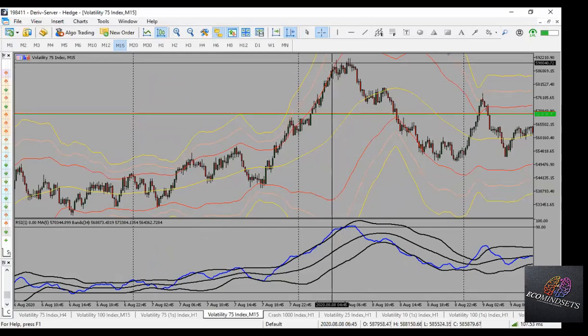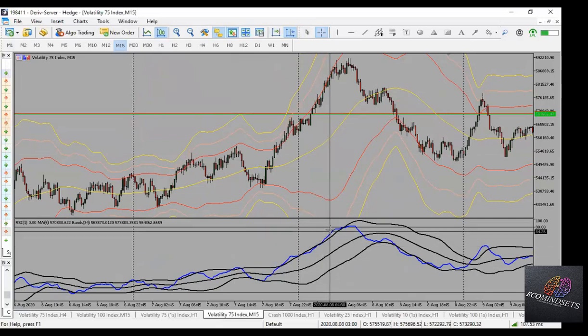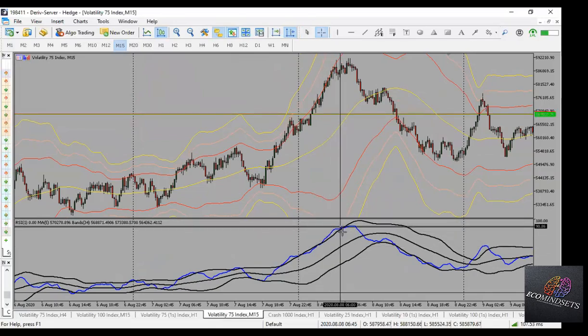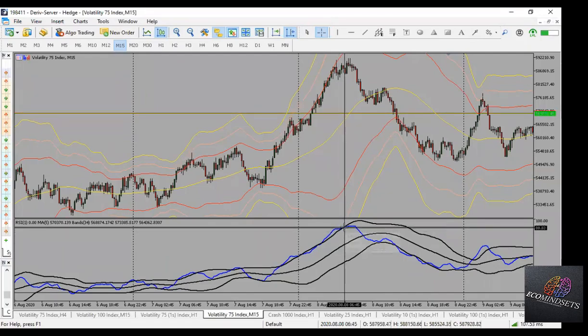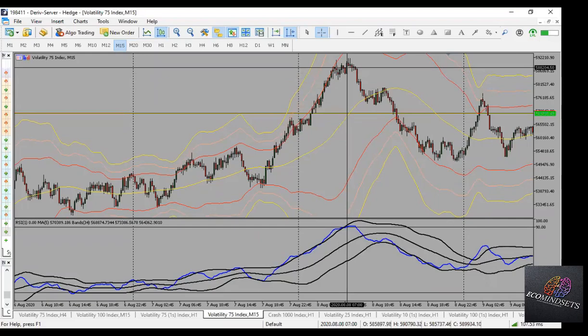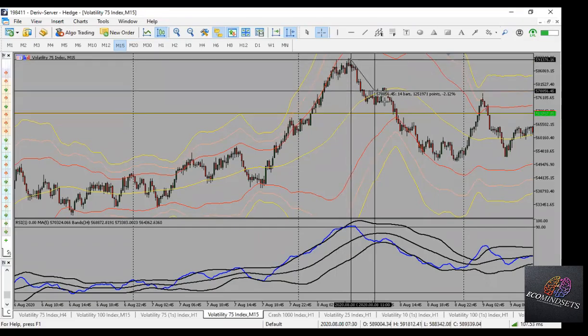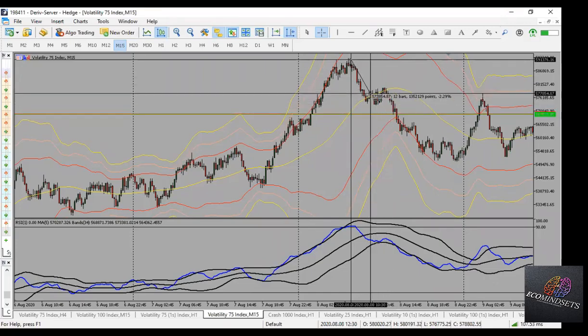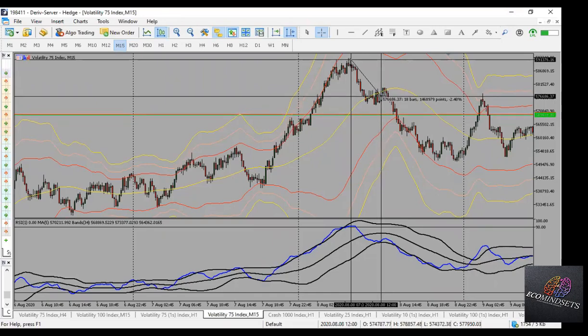As you can see, there was a rejection on the upper Bollinger Band here. What do we see? Our moving average broke out of the Bollinger Band in the indicator window and re-entered over here. So over here, this is where my sell entry would have been made. It would have gone into a few pips of drawdown, and then boom, you take your profit over here on the middle Bollinger Band of the main chart. That is a lot of pips for you, because this is Volatility 75. So you can just imagine the number of pips you'll be making.